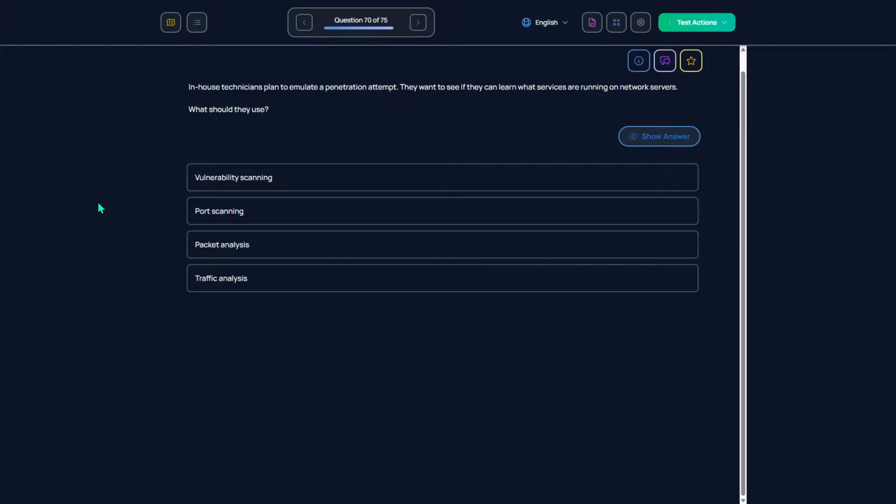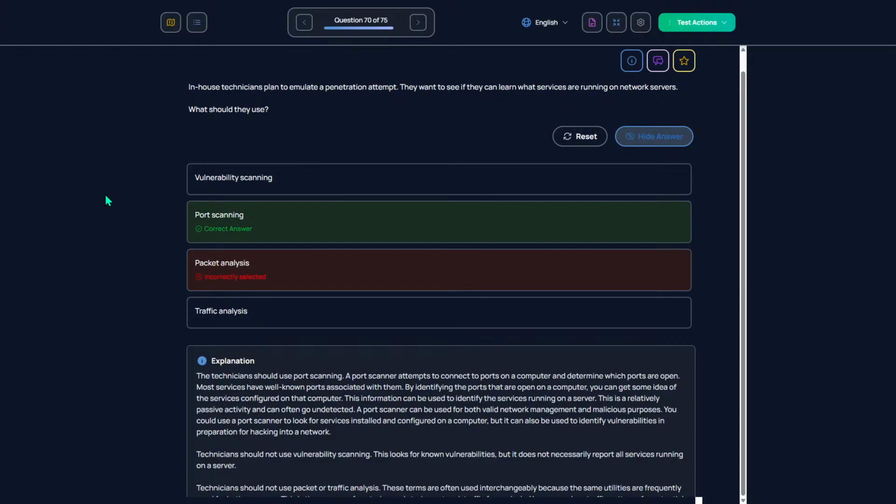I want to go with either port scanning or packet analysis, but I'm not sure. I'm going to go with packet analysis because I feel like with packet analysis, hold on, penetration attempt to learn what services are running on network servers. Okay, I'm just going to go with it. Oh, it was port scanning, bro. Oh my gosh. So close.